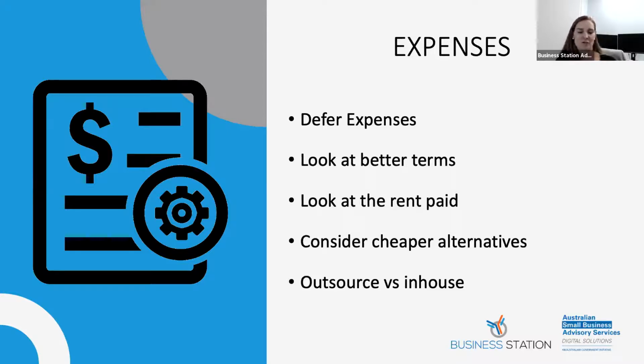So let's say you've got something, even your stock, for example, where you might only have 7-day payment terms at the moment. Is there a supplier that can offer you 30-day payment terms and those kind of things? In terms of your leases and rent, could you rent a cheaper location? Could you rent cheaper equipment or negotiate a better deal with any current lease agreements that you've got in place? Think about all of the expenses that are listed on that cash flow forecast, and are there any cheaper alternatives? It could be new plans or technology packages when it comes to phones, internet, computers, software, anything like that.